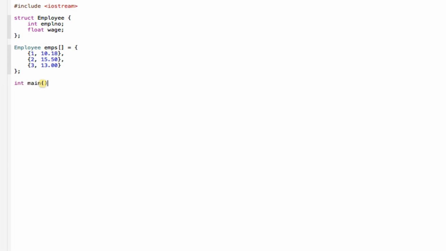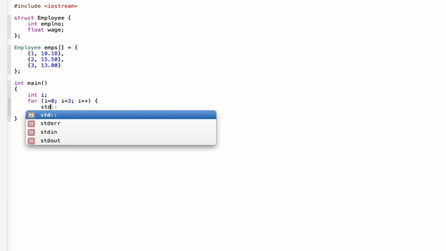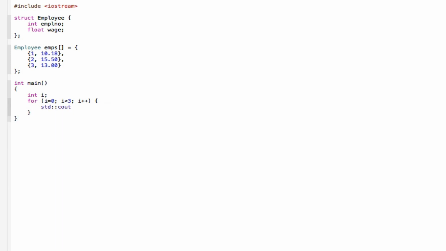Now go into the main program, type int main, int i, close that off. Next line, a for statement, initialization should be i equals 0. Next line, the condition should be i is less than 3, and the increment should be i plus plus, and so the statement should be std::cout emps